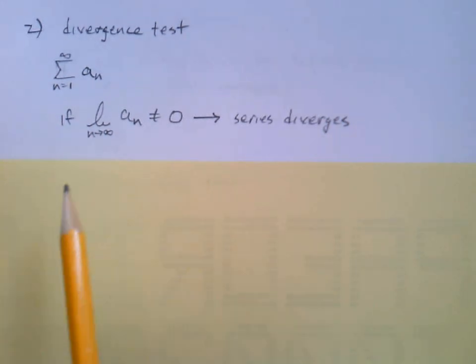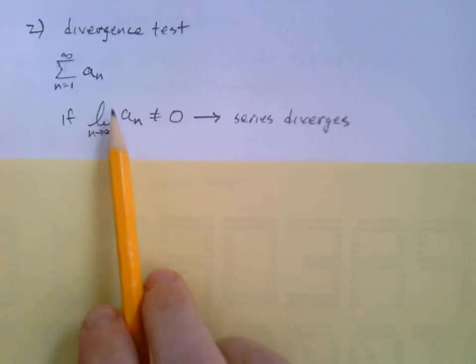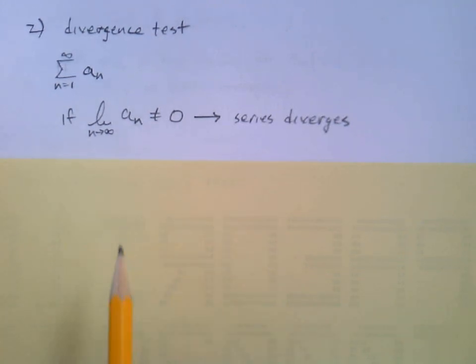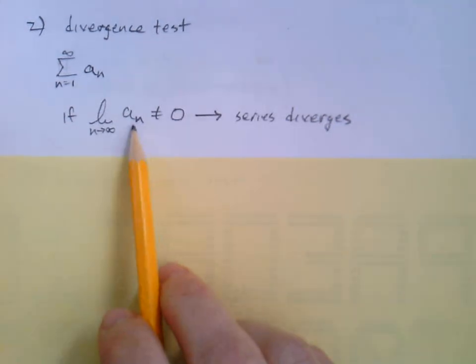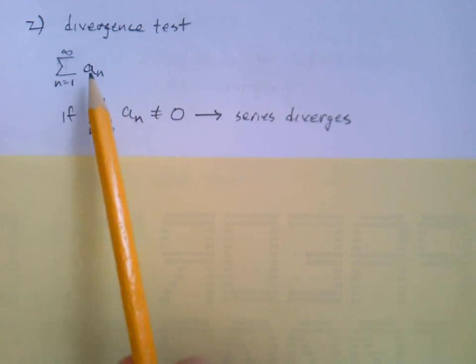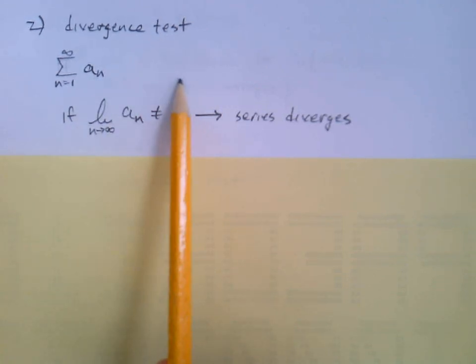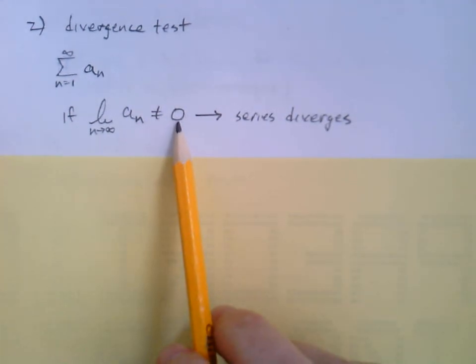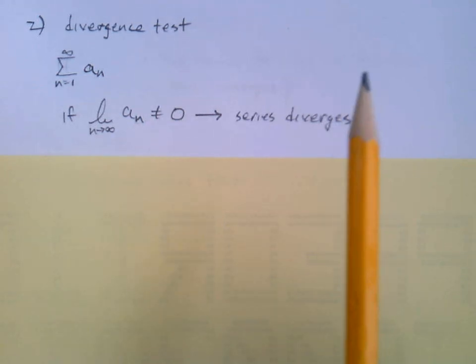Okay, you get that. Here's the idea. If when we take the limit of that nth term, we get something that is anything other than 0, if that limit does not equal 0, then the series diverges. What does that mean? In order for a series to converge, those terms have to be getting smaller, and they have to be getting smaller all the way down to 0. Otherwise, when we are adding them up, we know it's going to add up to infinity or negative infinity. So if when we take that limit we don't get 0, then they're adding up to infinity or negative infinity,